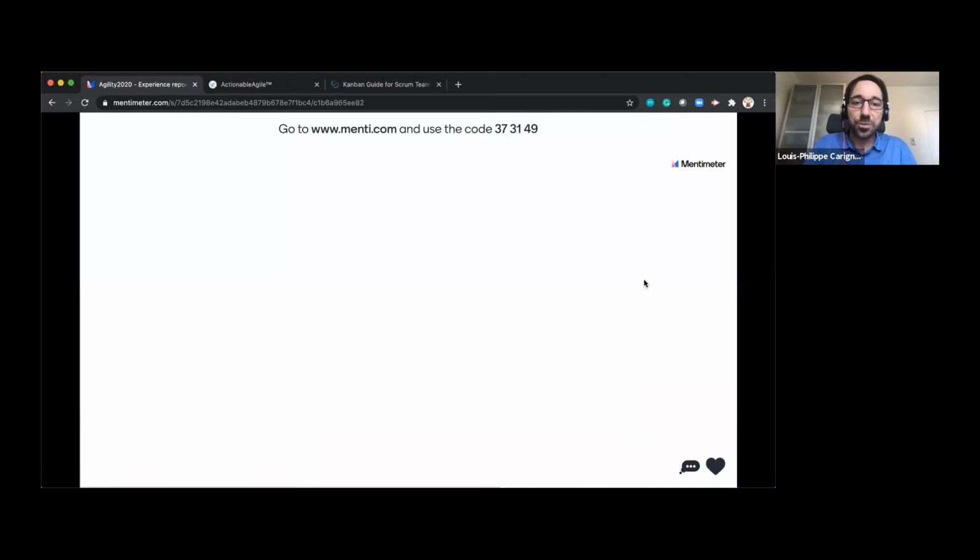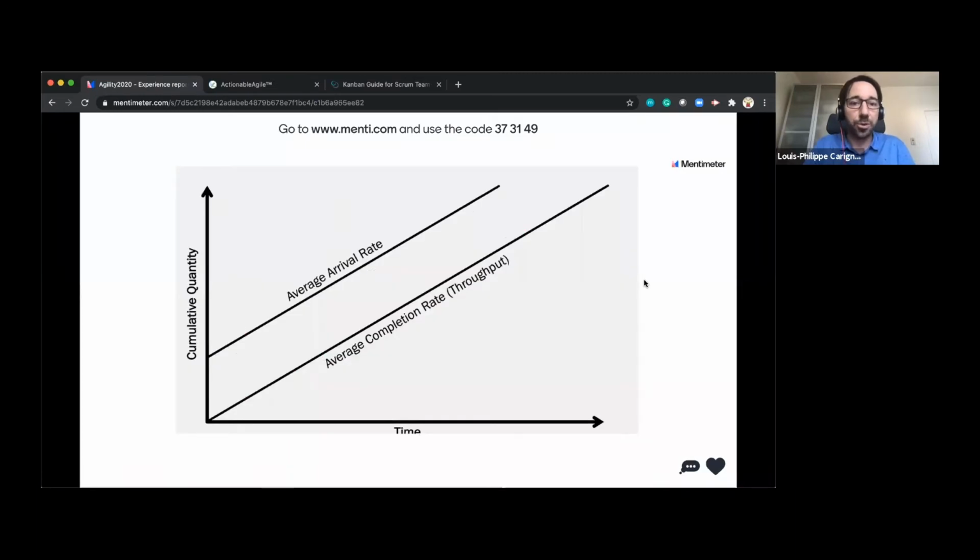So what happens if you've got two slopes which are perfectly in line? Well, if I've got a work in progress here at the beginning of a project of, let's say, 10 items, then 2 weeks later, if you work on getting that same WIP, your cycle time will stay mostly the same.